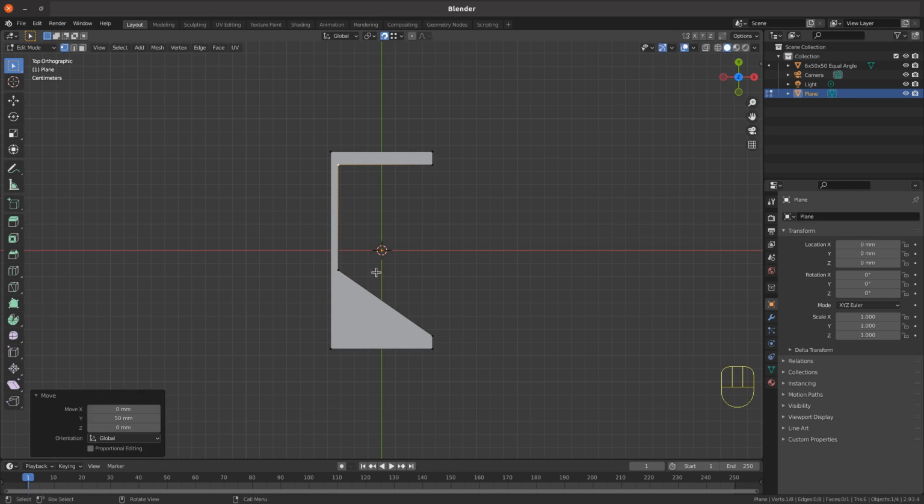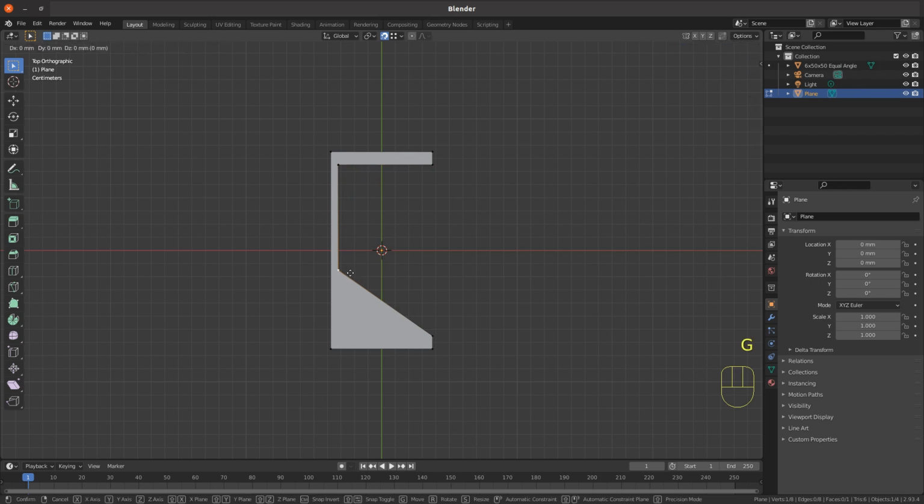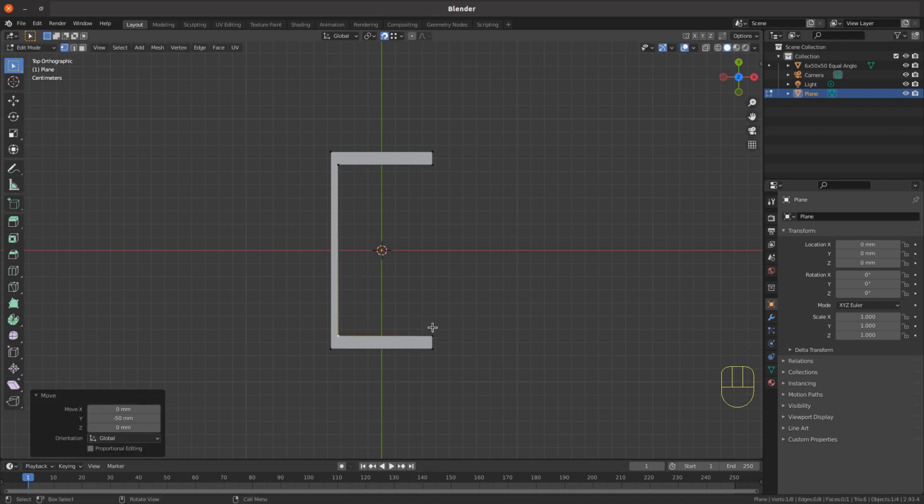And snap there, and then left mouse button, select the bottom web vertex, grab it on the y axis down to the bottom inner flange vertex. And that gives us the thicknesses,